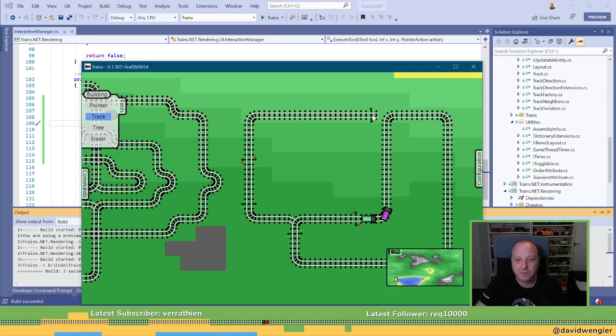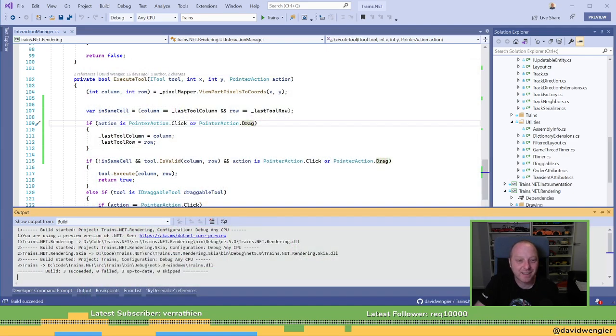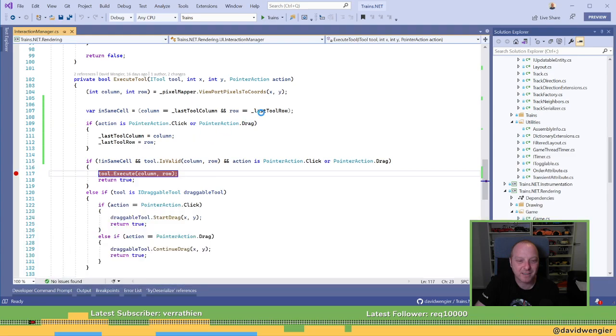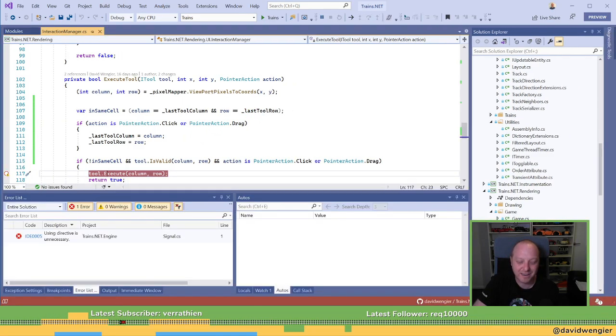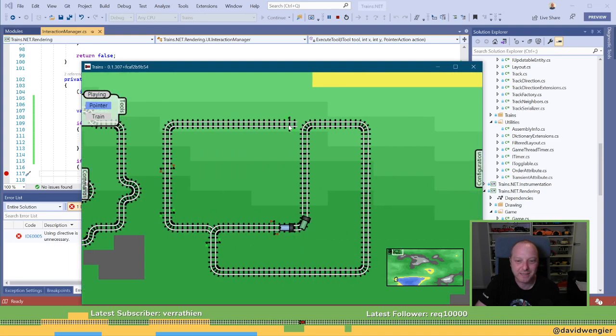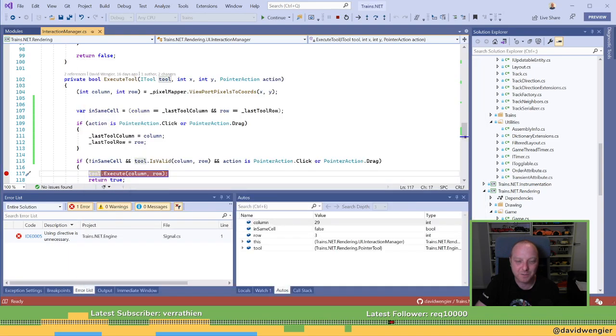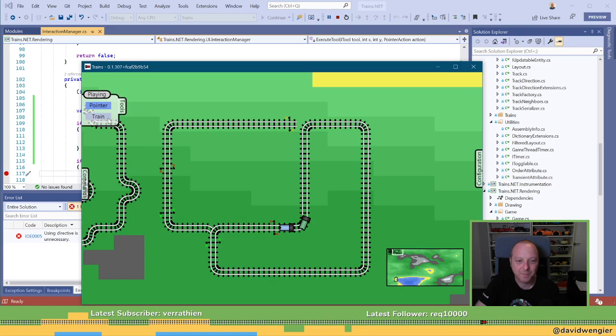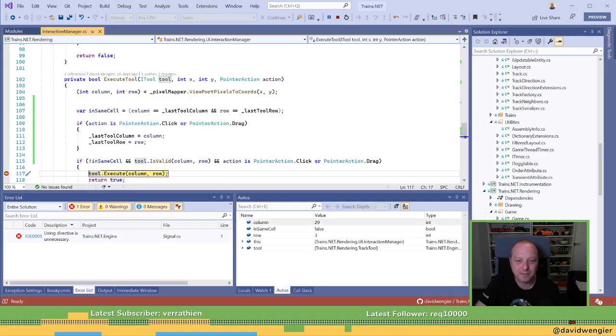Why can't I turn this off? Oh, I know why. No, I don't know why. I take it back. I think that might be because that signal is not happy, and signal should never get in that state. But I'm guessing once they get in that state, oh, whoops, wrong tool.